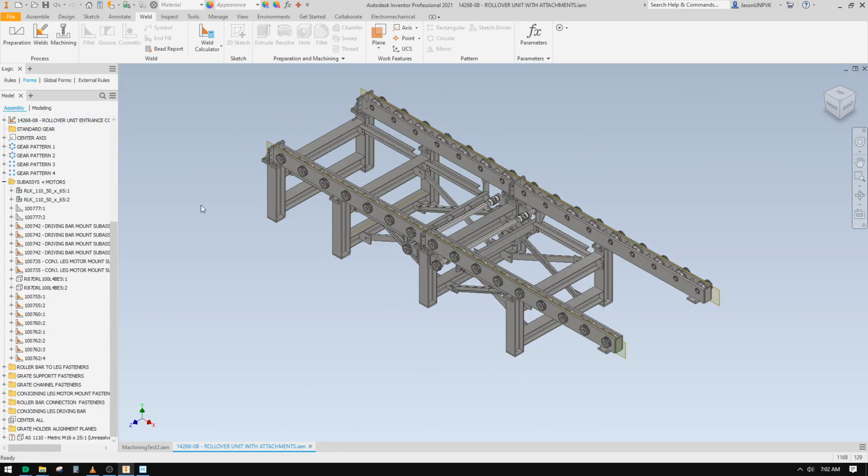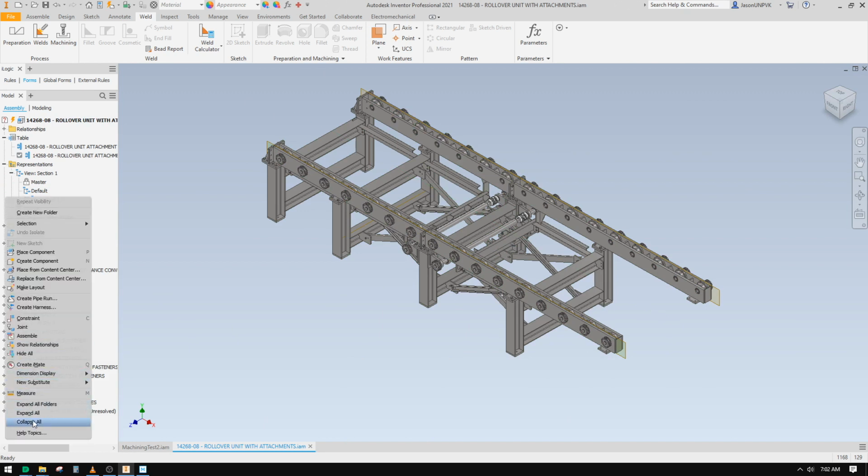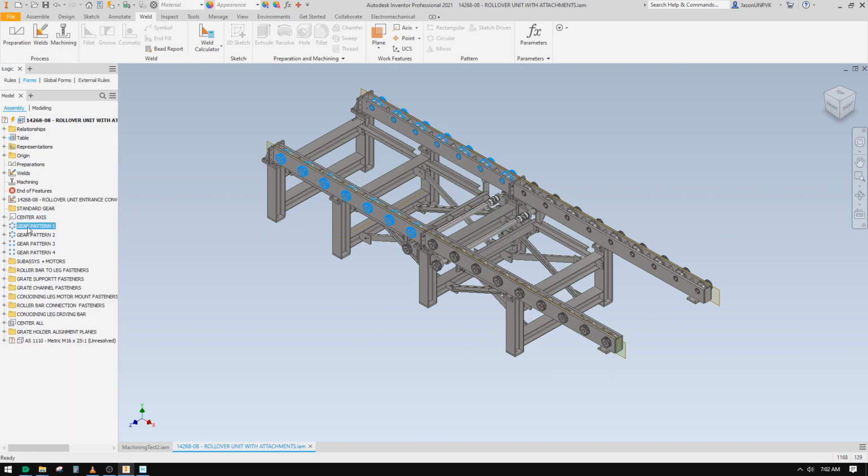Now here's where it can be a bit of a pain. Let's say I want to turn off this entire gear pattern, and I right click and check mark visibility. It warns me that it's going to remove the associativity. I'm fine with that. The thing is, when you go to turn this pattern back on, there's no representation in this right click menu. You actually have to go through and turn the associativity back on